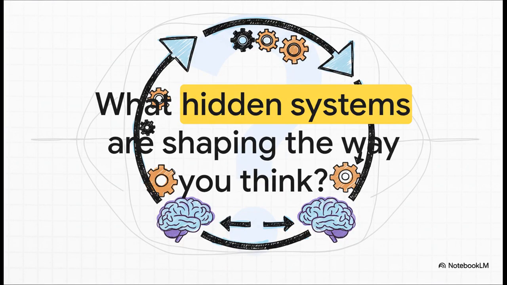And that really leaves us with a final thought. This linguistic loop, it's a hidden system for thinking about cause and effect, action and result. It just makes you wonder, what other invisible frameworks, whether they're in our language or somewhere else, are quietly shaping the way you see the world?